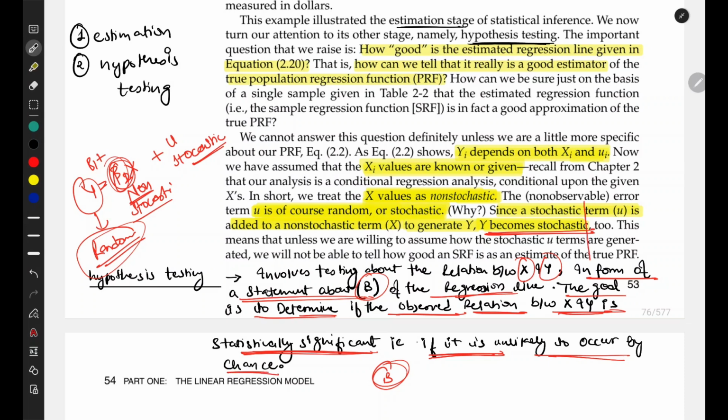Statistically significant here means that the relationship between x and y is not by chance, it is theoretically explainable, it is a statistically explainable relationship between our x and y. That is what it means here. Okay,